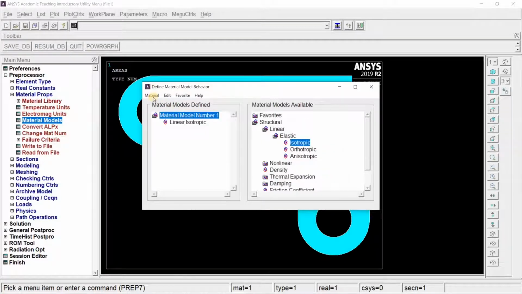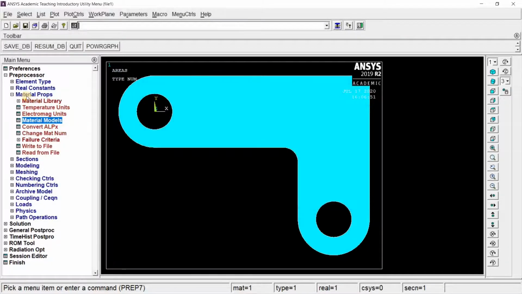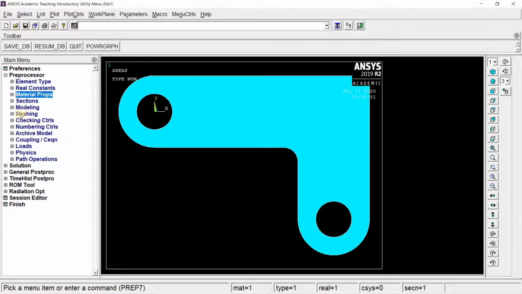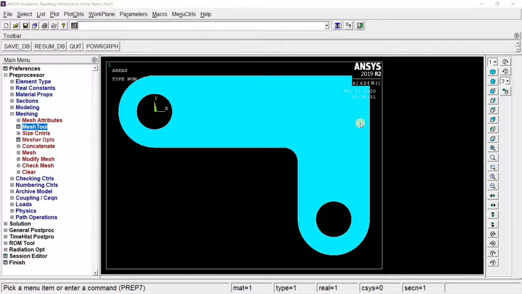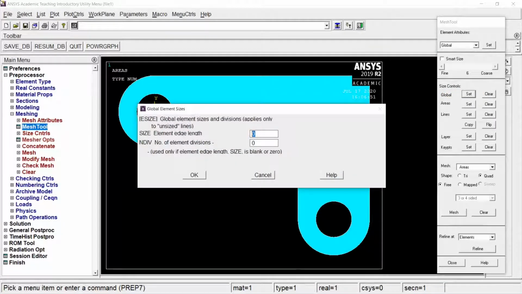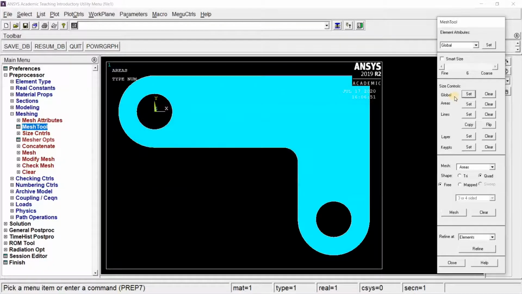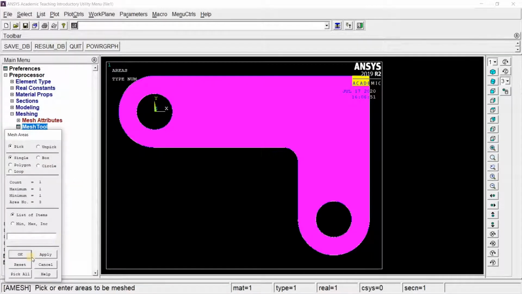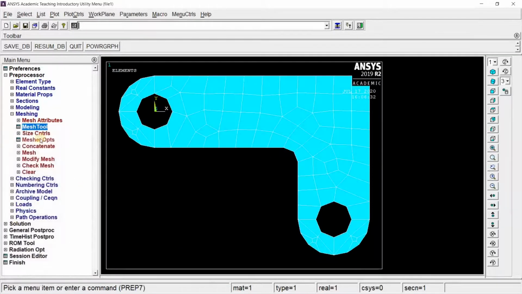Now we can give OK and close the material model. Next we must go to meshing, mesh tool. In size control we must go to global set. Element length we can give it as 0.5. Now we must give mesh and select this area, give OK, meshing will be done.